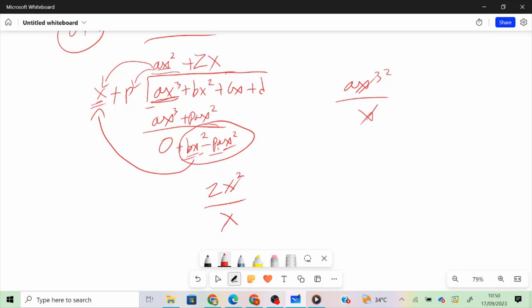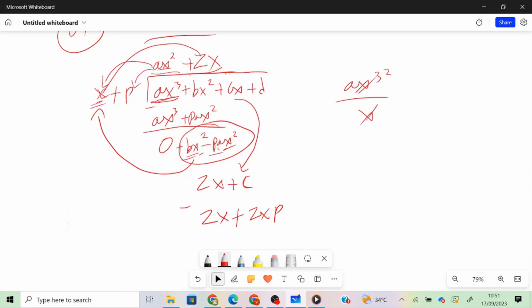And now again, you do zx times your x, which would give you zx again. And remember we said this is zx over here, so we have zx minus our zx again, and then zx multiplied by our p, which gives plus zxp. And remember, you always bring down your cx as your normal division standards and your normal division rules,